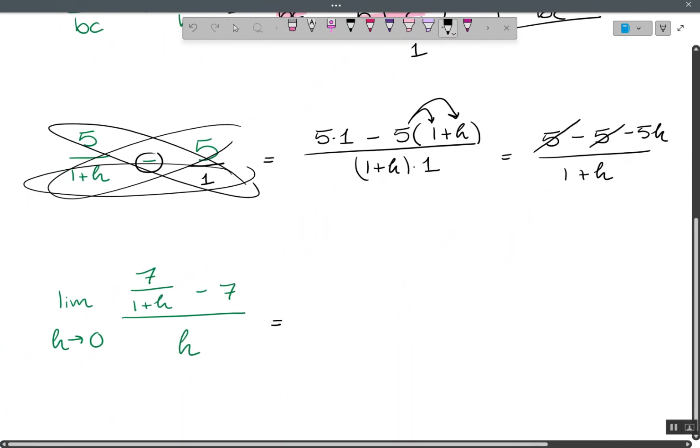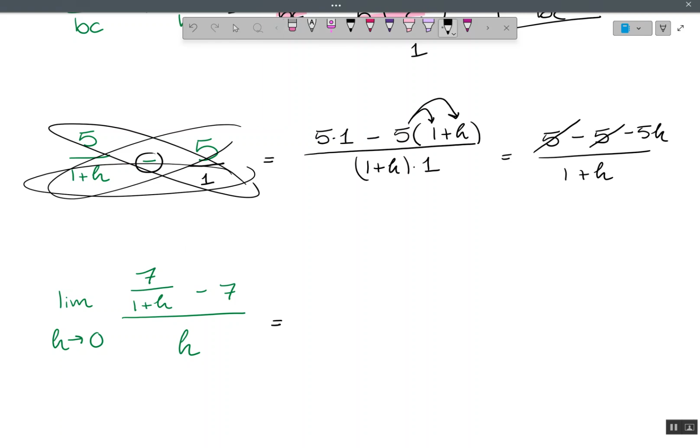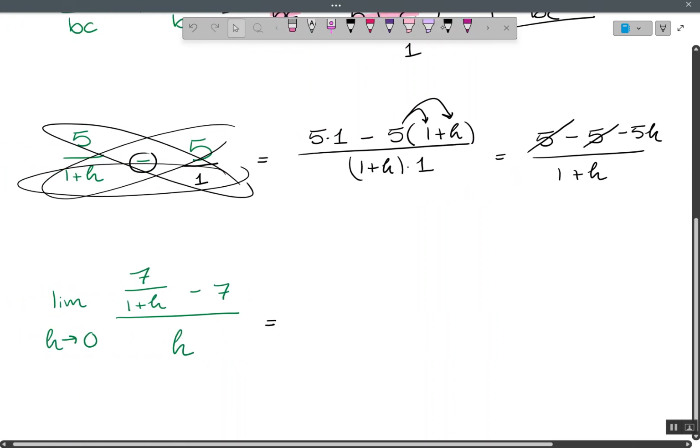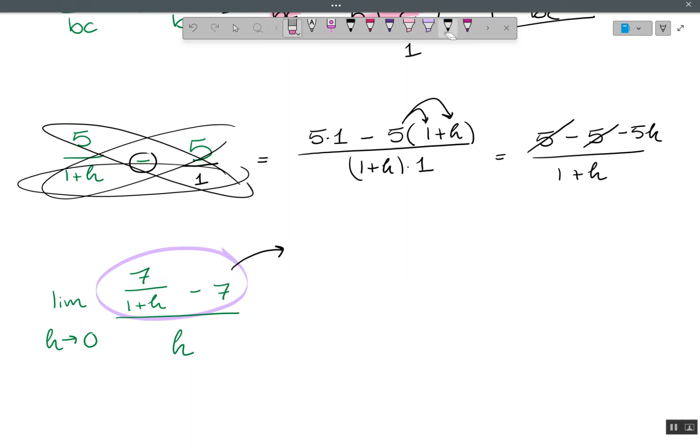So here is basically the exact same problem, just some different numbers, and now we're looking at the limit as h approaches 0. So again, we have trouble here because we want to substitute h equals 0, but we can't. So we have to find some way to clean that up. So let's first just kind of extract the numerator and play with that separately. So we have 7 over 1 plus h